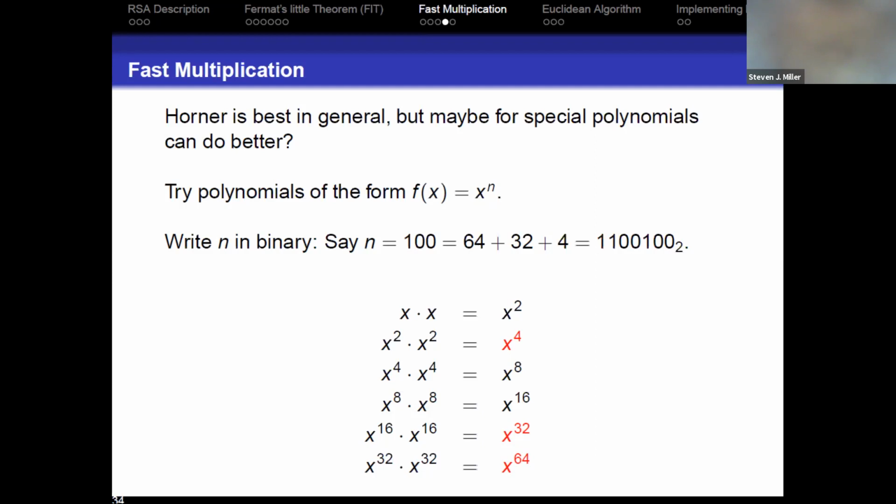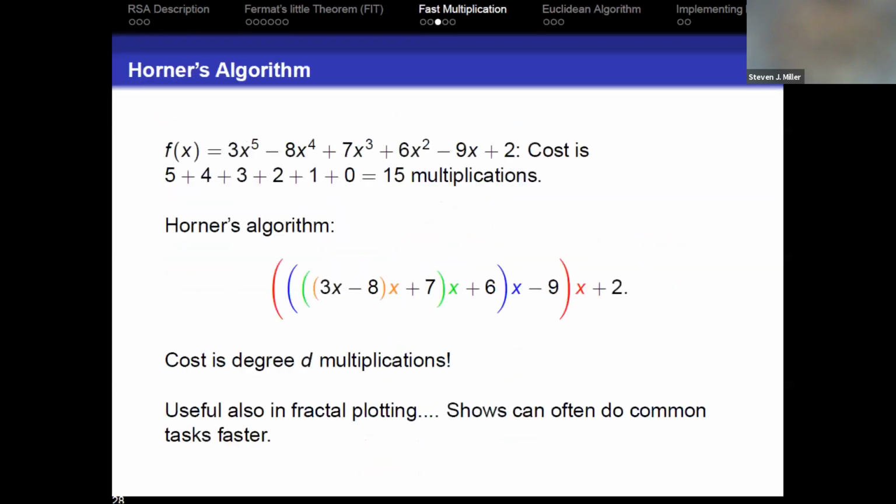I should look at it this way: if it was degree D, Horner's algorithm would take D steps. Well, Horner's algorithm is stupid. It's a technical term. When you are applying it to x to the 100, because if we have no multiplications and no subtractions here, we just have x times x times x times x times x. Horner's algorithm reduces to just brute force evaluation. There's no savings in using Horner's algorithm if we just have x to the 100.